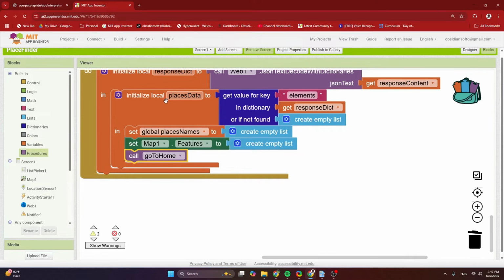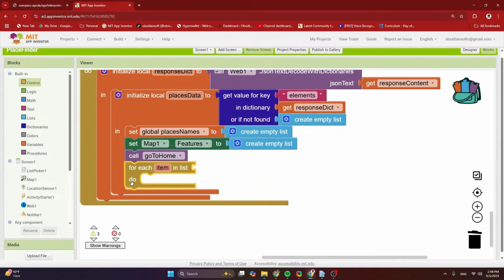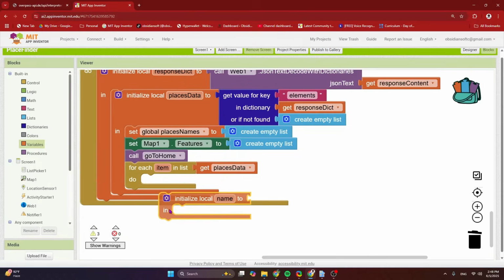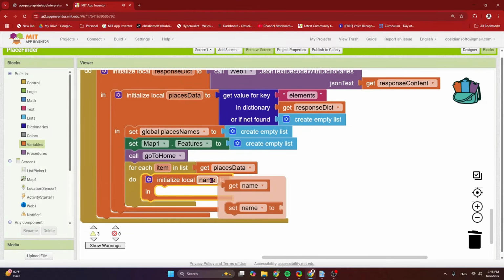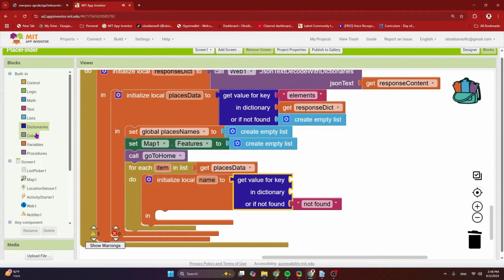We go through each item, that is each place in our places data list. For that, from control, I need the for each item in list block, and here the list is my places data. Now I am going to make a local variable, and it will be name, and I am going to get the value for key name.